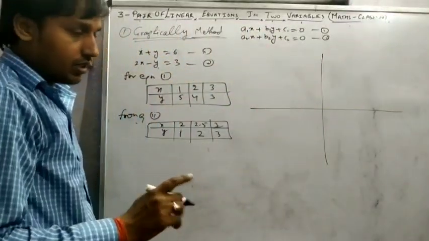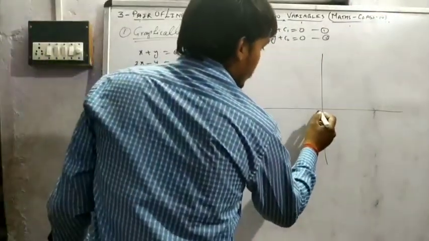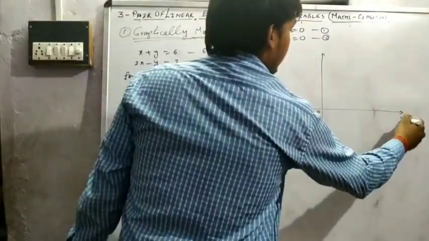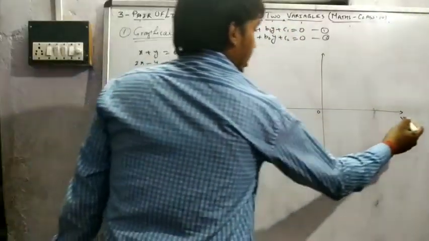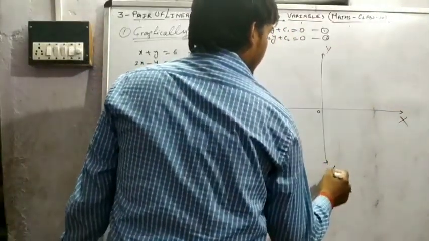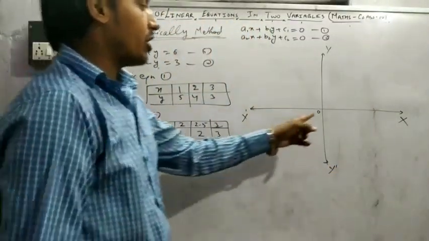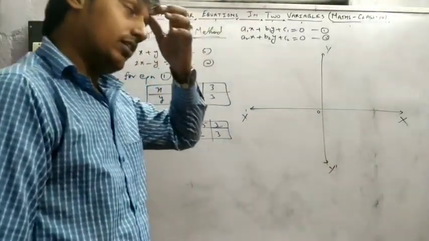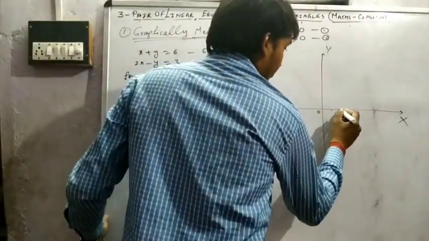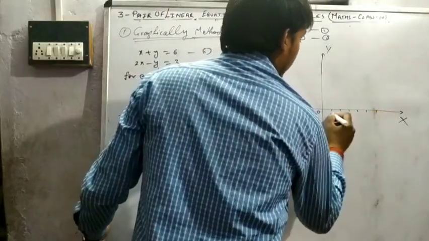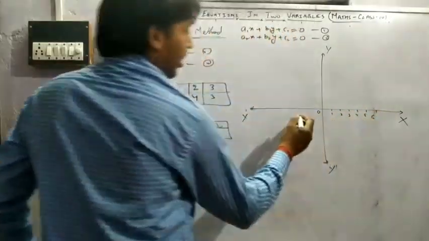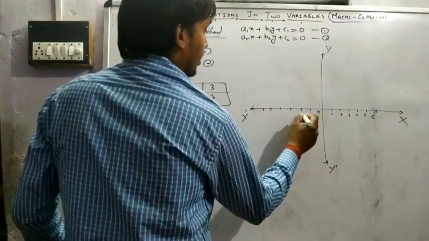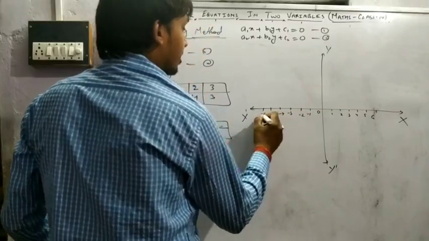You have to use graph paper. We have to plot roughly. You know it's the Cartesian plane where the x-axis, x dash, and the y-axis, y dash, intersect at the midpoint called the origin. It's divided into 4 quadrants, first, second, third, fourth quadrant. On the right side are the positive values 1, 2, 3, 4, 5, 6. On the left side are the negative values, minus 1, minus 2, minus 3, minus 4, minus 5, minus 6.